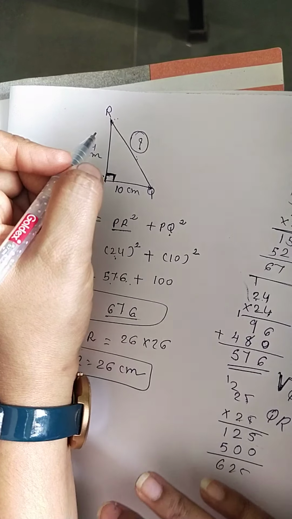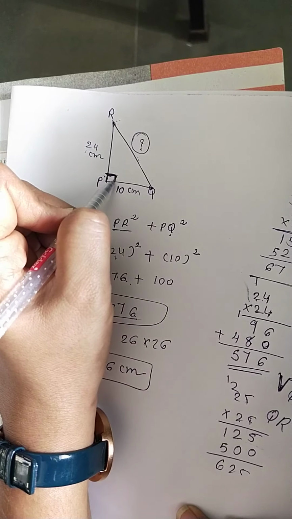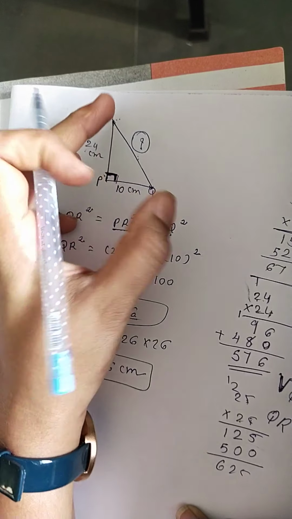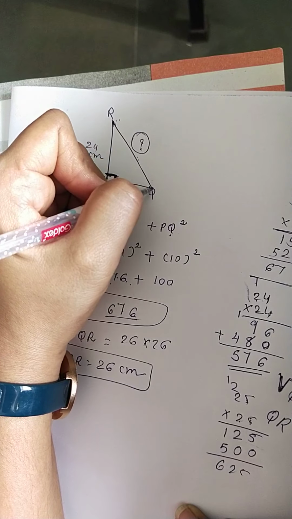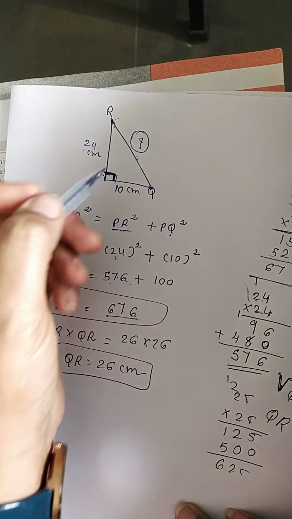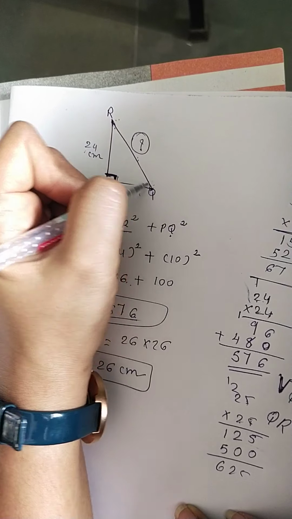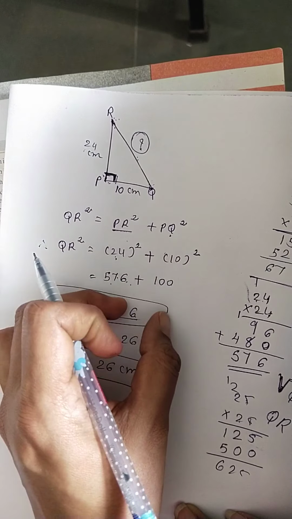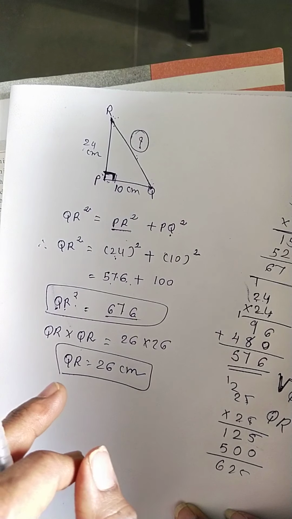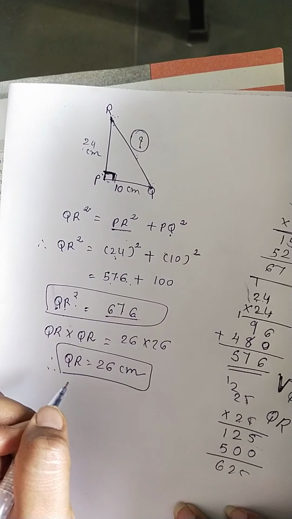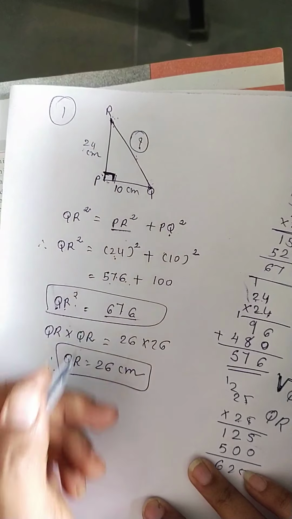So what we did, students, again I repeat: already it is given this is a right angle, so we mark over here the right angle side, and we have to find the QR. How we can find? With the help of Pythagoras rule. With the help of Pythagoras, hypotenuse square is equal to PQ square plus PR square. Already we have this measurement, and then we find the measurement of QR. This exercise is, students, very important to you. So don't skip it and try to understand.